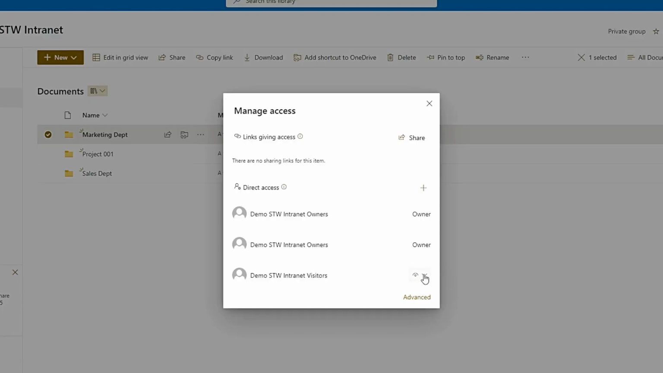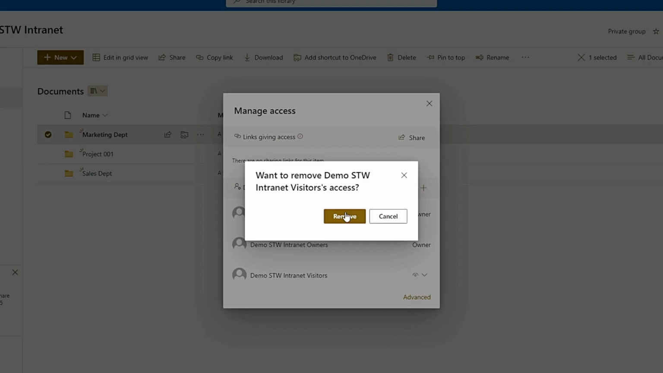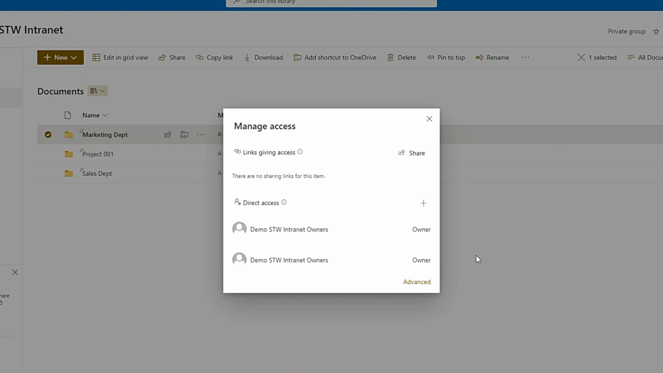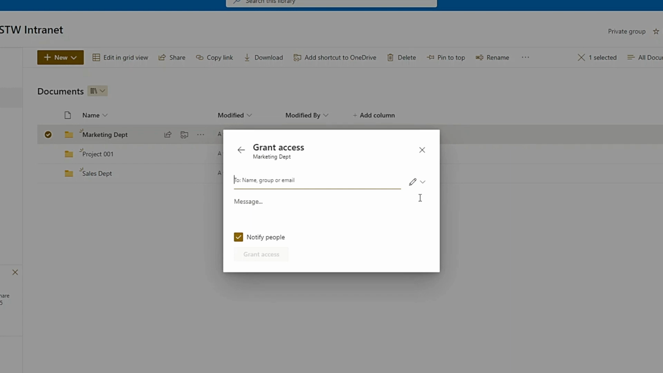So remove, again remove, and you can't remove owner access because the members who are the owner of this website can access all these folders, and that's genuine because members can't edit view. You can restrict for the members and visitor, but obviously owners can access each and every folder in this particular SharePoint site. So you will click on grant access and then you will type